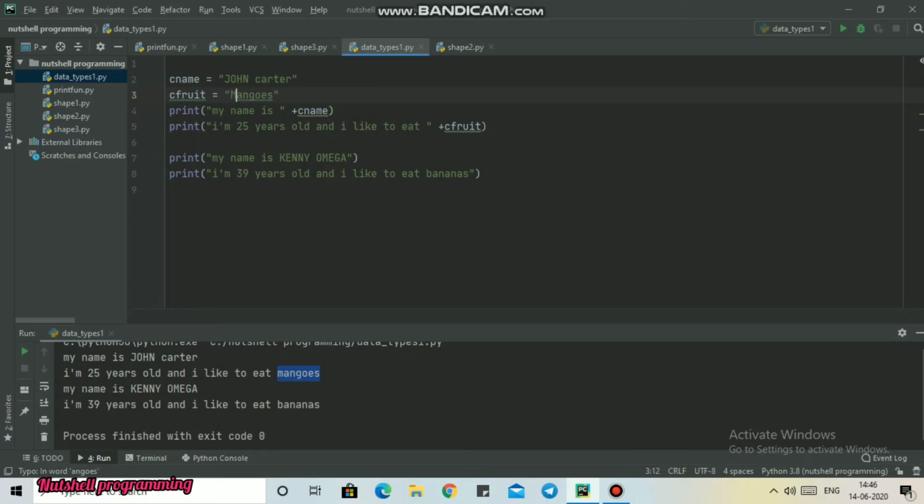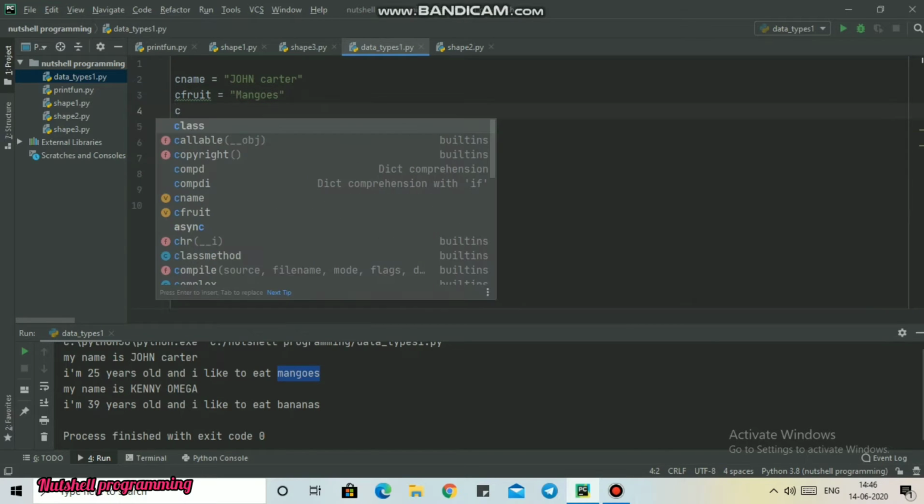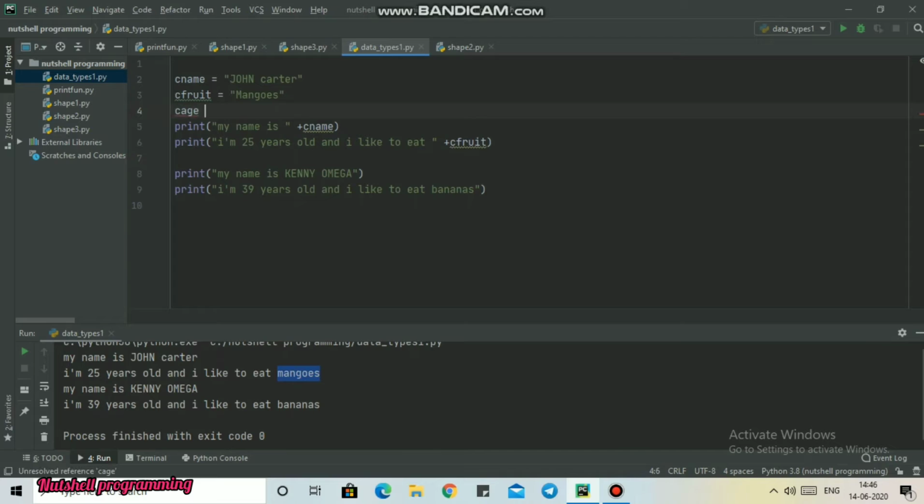And I'm going to use another, third variable for this John Carter character, which will be C age, because John Carter is 25 years old. So I'm going to declare another variable C age and I will store the age of our first character. So I will cut this 25, or you can enter it here also.